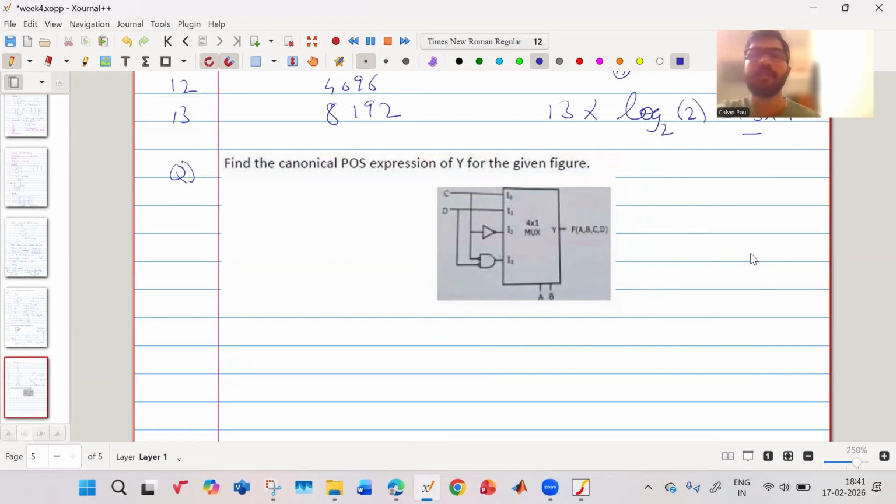Okay. So now we have to first find the product of sums. And let us see this circuit. So you know for a 4:1 mux, what is the truth table? It is, if you see over here, it is A and it is,